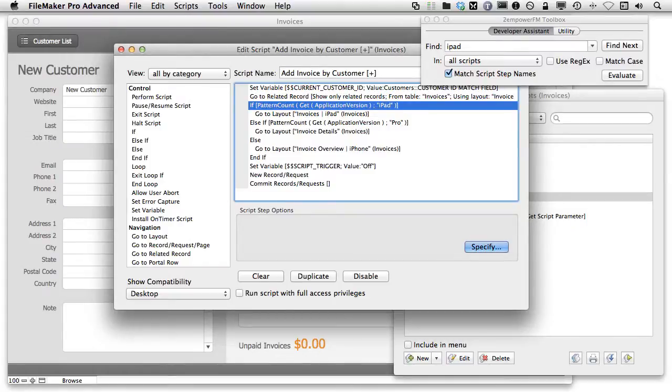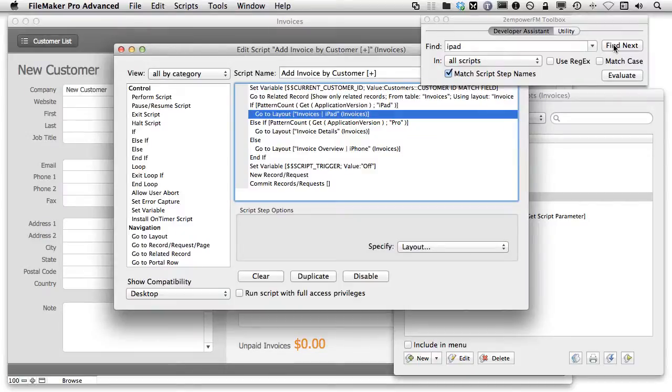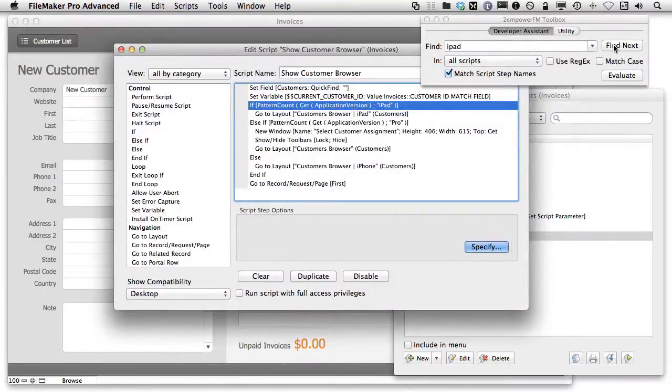If this isn't the script that I was looking for, then I can obviously click the Find Next, and it will continue to find them either within the same script, or as soon as it has exhausted that one script, as you just saw, it will move to the next script that it finds with that value. Now, there's one additional feature that is super helpful when it comes to Developer Assistant, and that is this little